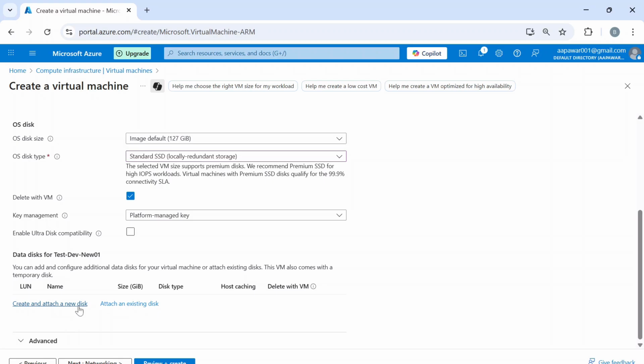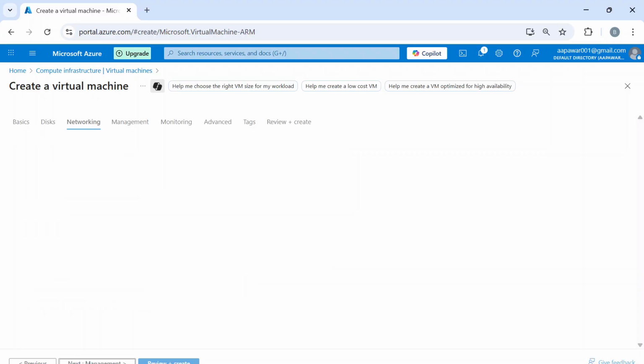About the existing disk or on this new virtual machine, if you want to create a new data disk, then from here you can create a new data disk. Okay, so as of now I don't want to create a data disk for this VM. So about the next,